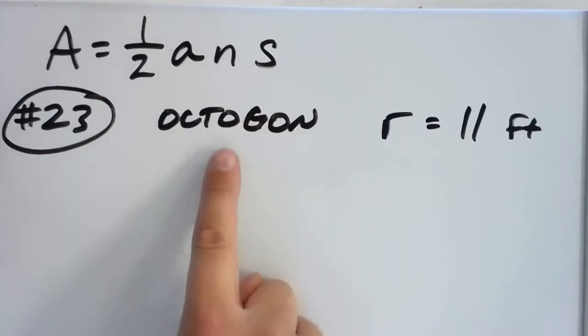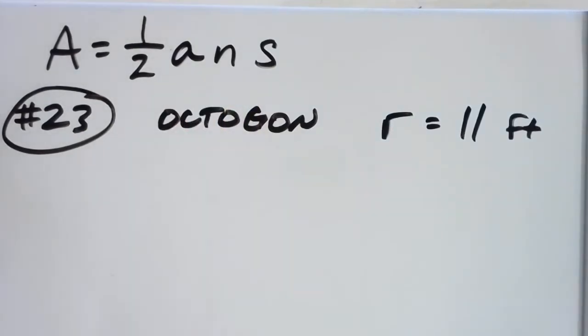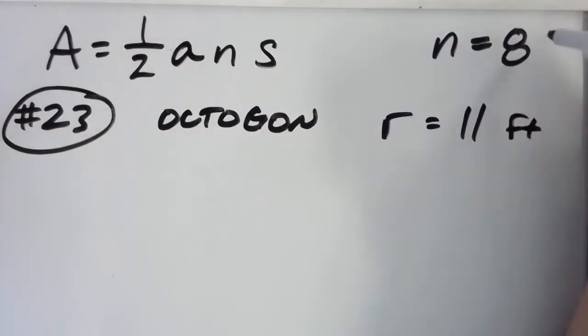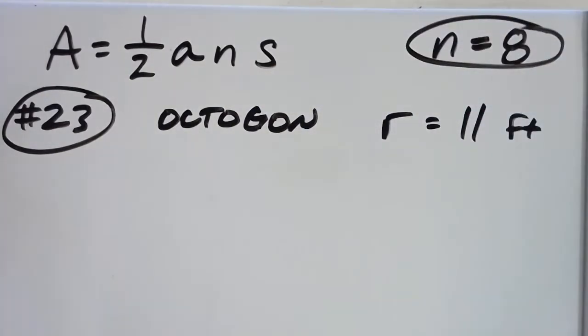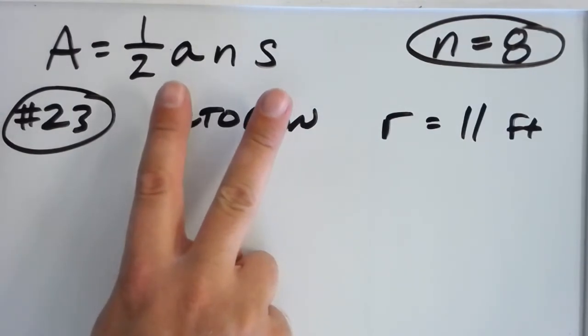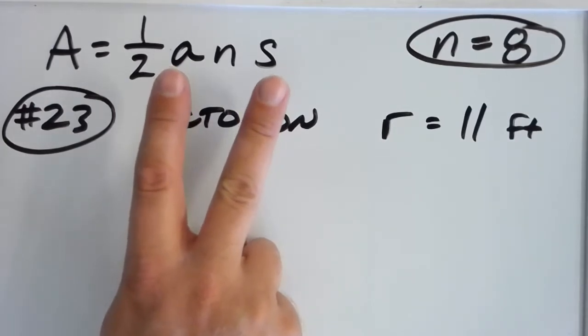Now, first off, this octagon name does directly tell us what n is. In this case, n is going to be 8 for the number of sides to an octagon. That is something we can really just apply directly into the formula. Now, similar to the last clip, I do need to find two pieces of information. Namely, I'm going to need to find lowercase a, the apothem length, the distance from the center of the octagon to one of its 8 sides, and then s, the length of one of those 8 sides